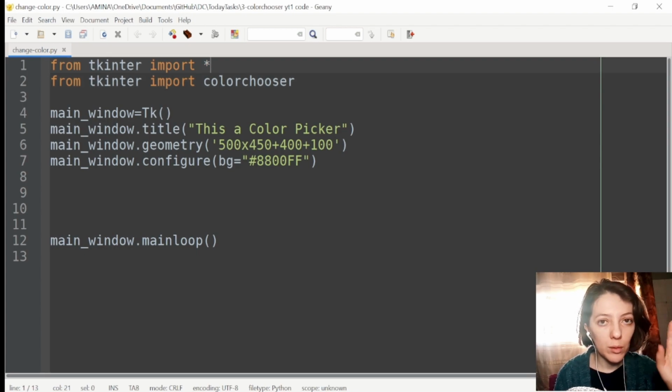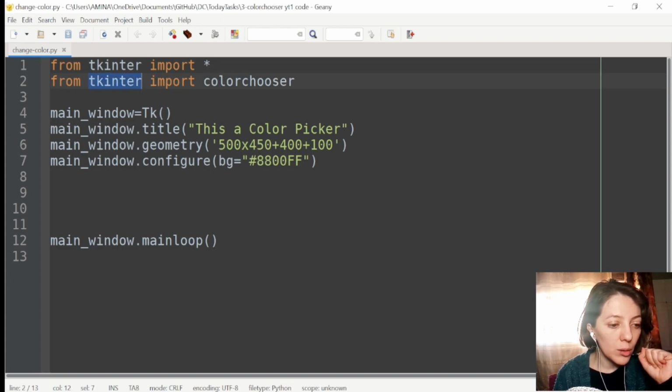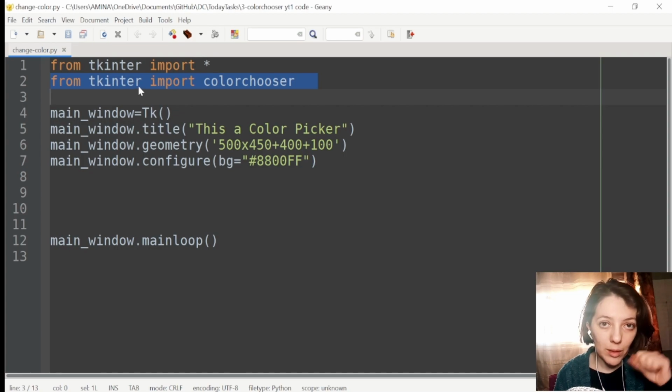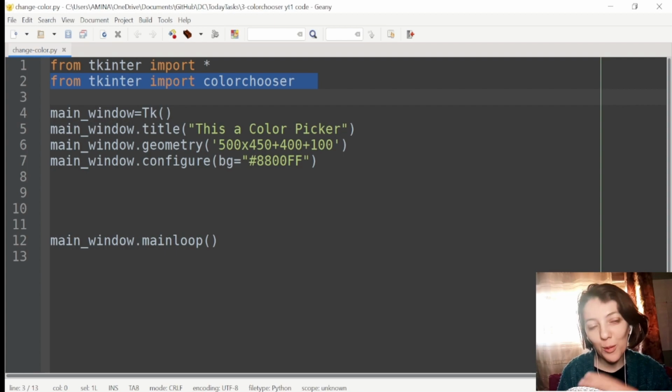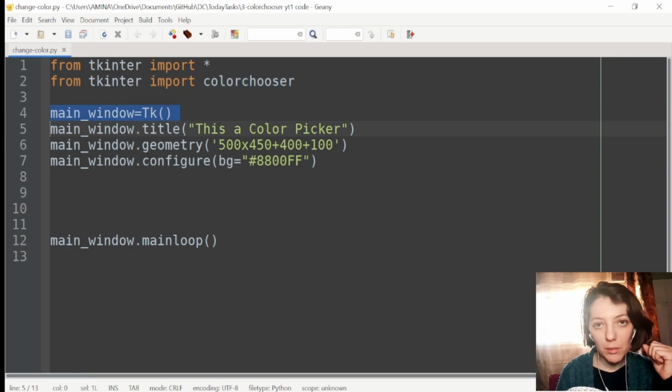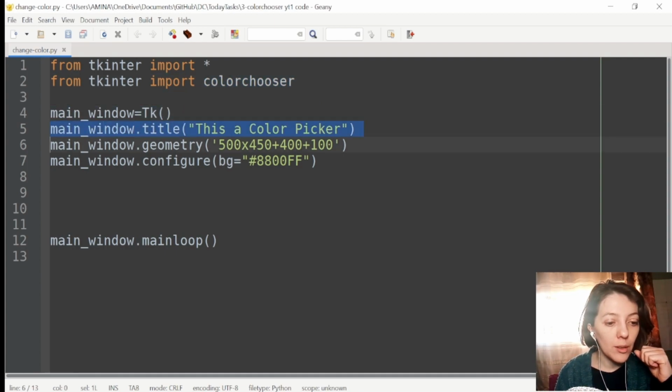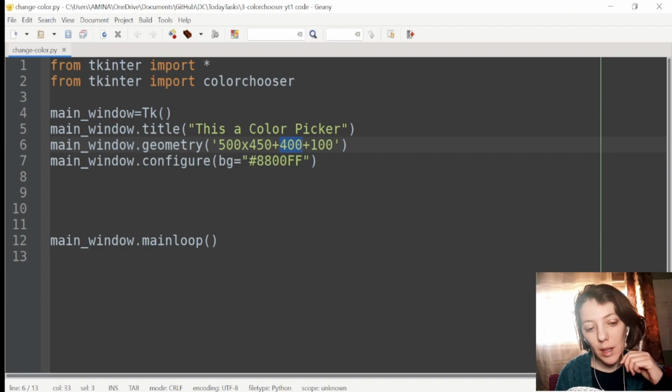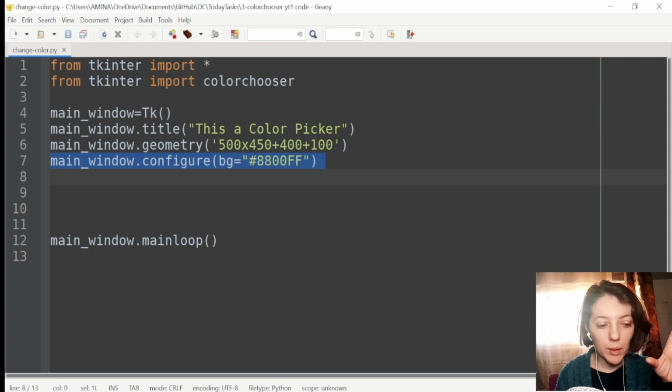This way I will be able to use most of the default widgets. I also imported colorchooser, the module that we will use later to show the color picker. The main window, Tk, the title, this is Color Picker, then the geometry, width, height, X and Y positions, then the background color, purple, then the main window's mainloop, to launch the main